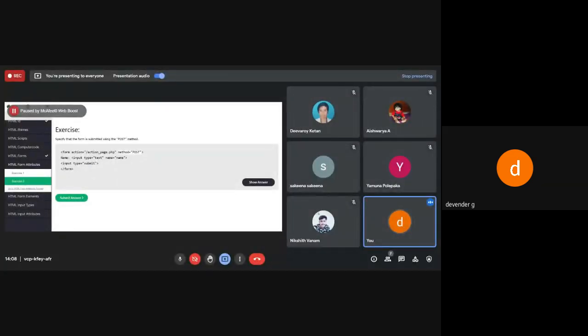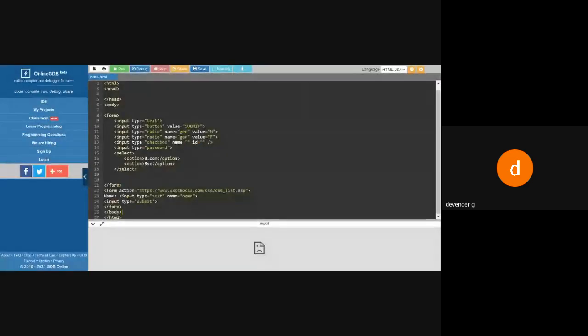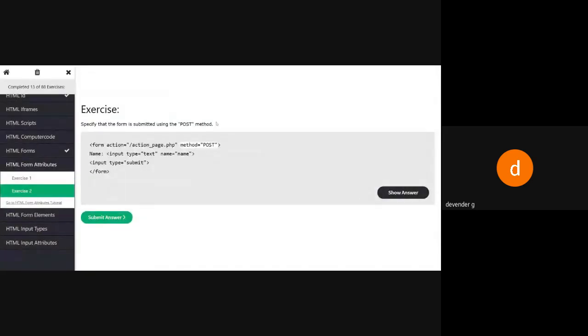Okay, so this is showing only the screen. It's not showing the entire browser. Oh, I can show you this one.